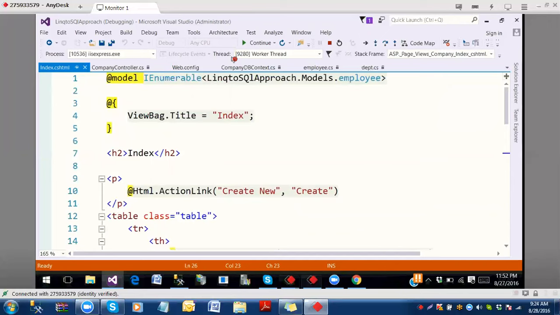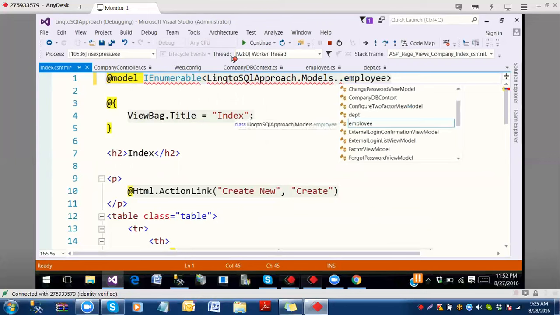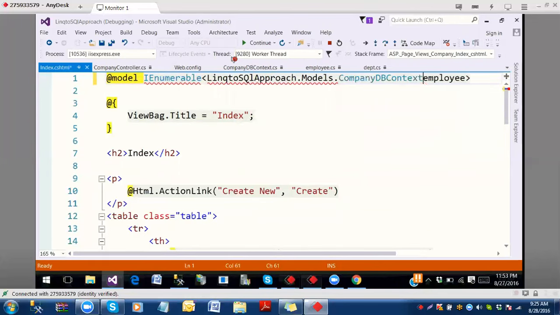Do I need to include DPT also? Yes. Models dot, what are the things coming? Can you please check it? Models dot. After dot, DPT is also coming. Company DB context, the top one. It will refer both the two, right? This is what we are searching at the time of adding. If it will refer both the two, then